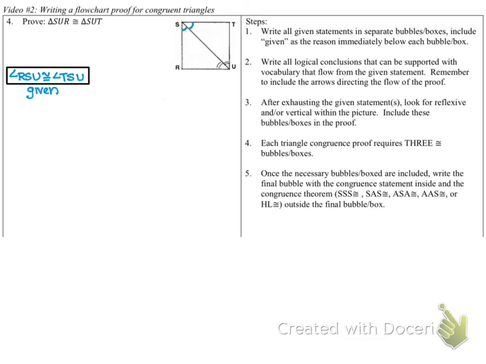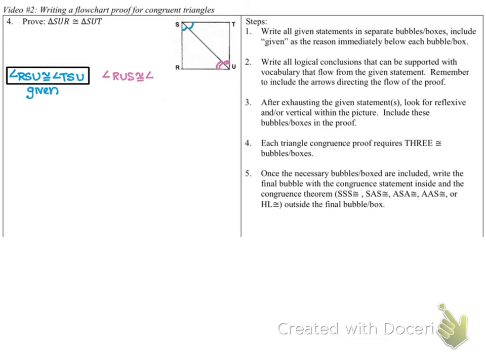Okay, taking a look, it looks like we also have another angle down here in the bottom. I know that they're congruent because they have the same markers in them. So I'm going to do the exact same thing. I'm going to do the bottom angle first. I know angle, make sure the U is in the middle, trace out to the corners. So I'm going to say angle RUS is congruent to angle